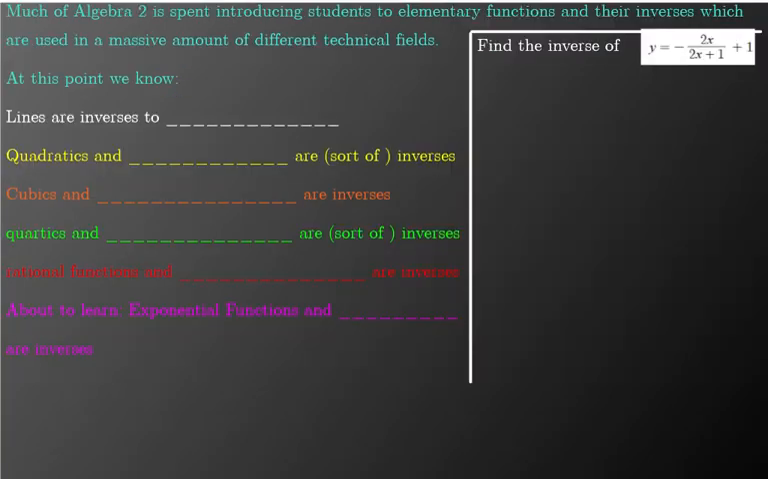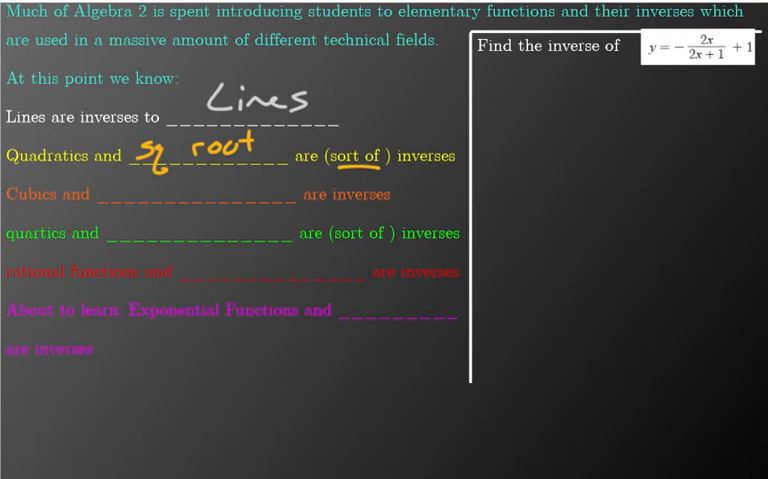So one other thing that I wanted to talk about with rational functions is inverses. So much of Algebra 2, we spend the time basically learning about these elementary functions and their inverses. And we've learned a lot of these. We've learned that lines are inverses to lines, right? We've learned that quadratics are inverses to square root functions, sort of, right? We learned a lot about how they're not perfect